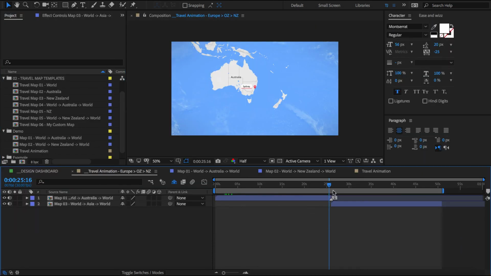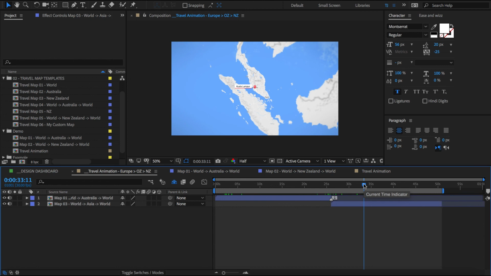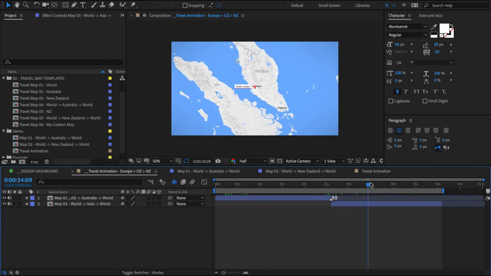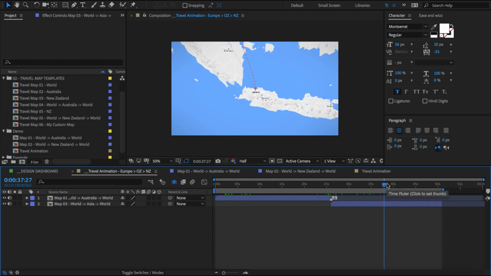And you simply go over the same steps we did here with New Zealand map. And then what you get is that here from Sydney, I'm flying to Kuala Lumpur. I zoom in and continue my travels across Asia. So this is actually a pretty cool technique to create really complex map animations stretching across a number of different